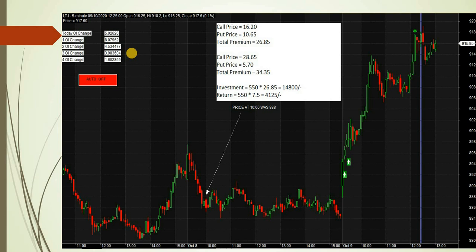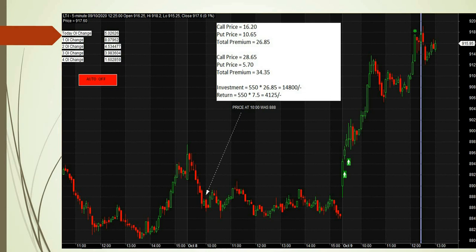So we came to know that on 8th of October there is big participation of traders in this stock, and the stock may give a move in the next 3 to 4 days, maybe a bull move or a bear move, we never know. So we try to create a strangle position before 10 o'clock. I write down the price of this stock at 10 a.m. in the morning, which was 888. We will buy a strangle within 5% of this price. Price was 888 and 5% of this is 44, so we will try to buy a strangle within 40 points of this range.